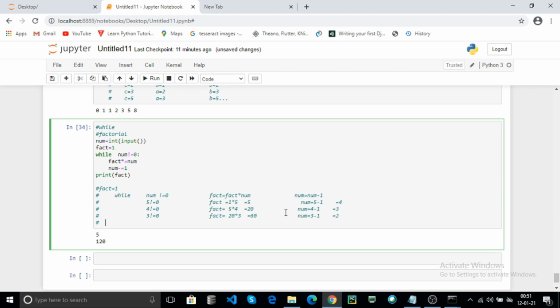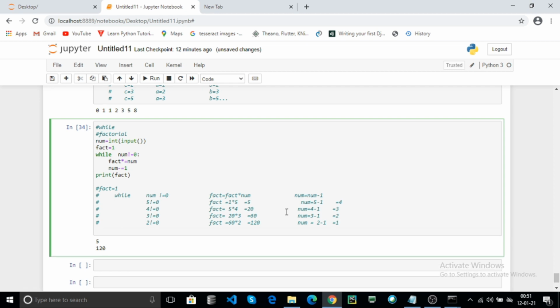In the next iteration, 2 not equal to 0. Then fact will be updated as 60 into 2, 120. Here num will be updated as 2 minus 1 equal to 1. In the next iteration, 1 not equal to 0, the condition is also true.